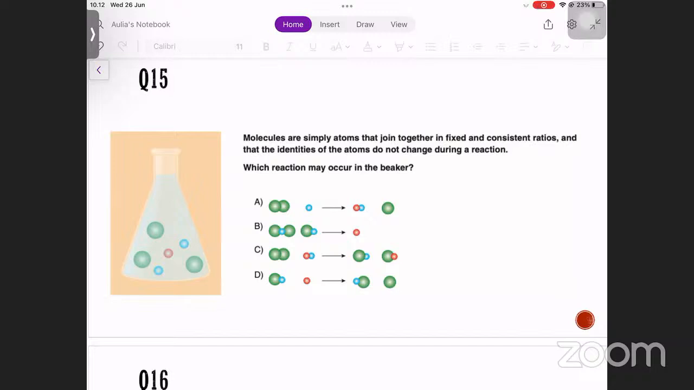Okay, let's continue. I guess it is more silent here. So let's use the knowledge that I have just told you about chemical reactions on the past paper question. So this is question number 15, everyone. Look,